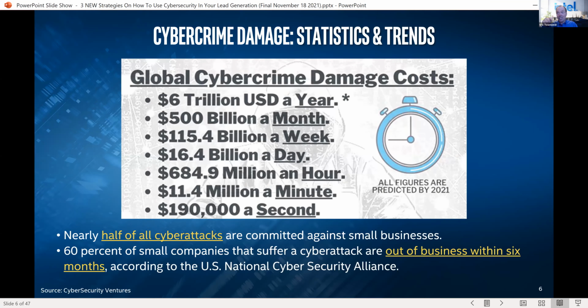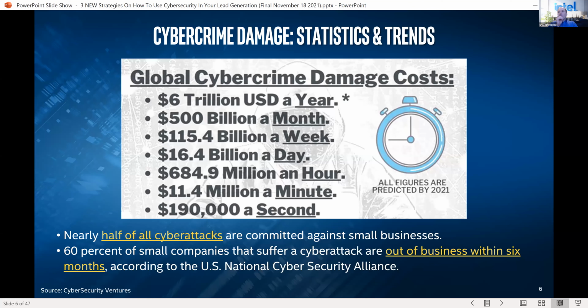They were tracking to this at mid-year. These are damage costs. And I bring this up because when you're doing marketing, there are different types of buyers. There are offensive minded buyers and defensive minded buyers. Offensive minded buyers talk about what opportunities we can take advantage of. Defensive minded buyers say, hey, I've only got so much budget. It's like protecting the fort.